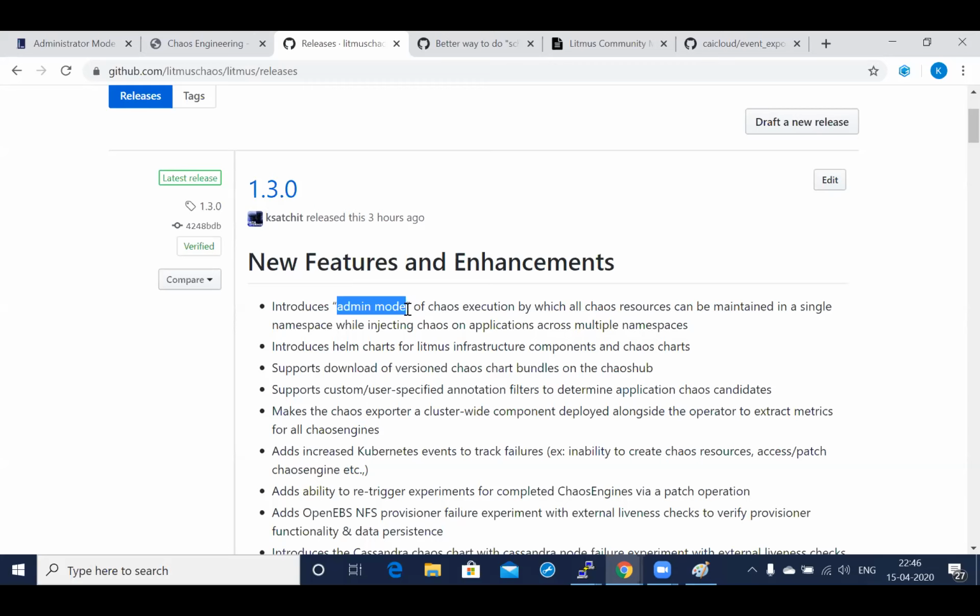So what this helps you do is you don't have to copy the chaos experiments into all the hundreds of namespaces where the apps are present. That use case is still relevant in some scenarios, while this seems to be a more popular way of using it. So thanks to Christopher for suggesting this, and Sumit also. This is basically there as part of 1.3.